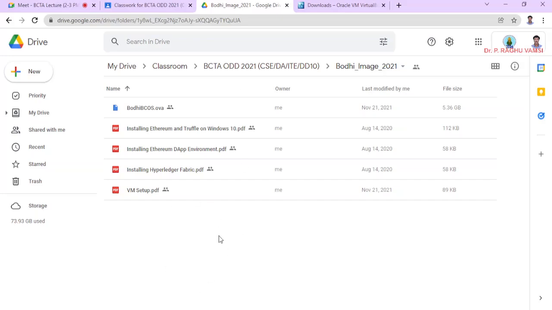Yeah, here this folder I have shared, Bodhi OS, blockchain OS.ova. This is open virtual architecture. It can be run under the Oracle virtual machine. And the one who are having the Windows 10 operating system, and if the virtualization is not supported on the